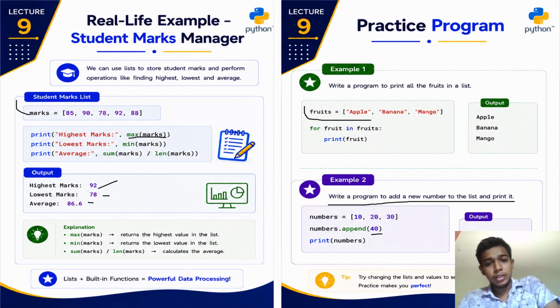Try changing the values yourself. For example, add another fruit, change the marks, or insert more numbers into the list. Because the more you experiment, the better you will understand how lists work. Today's examples showed how lists are used in real-life programs. Using built-in functions like max, min, sum, and len, we can easily analyze data, and with loops and methods like